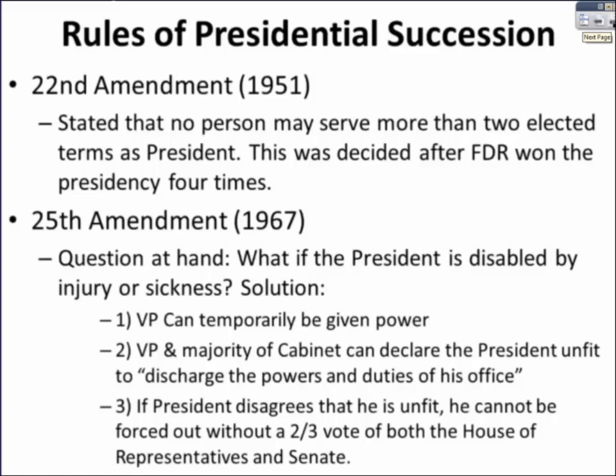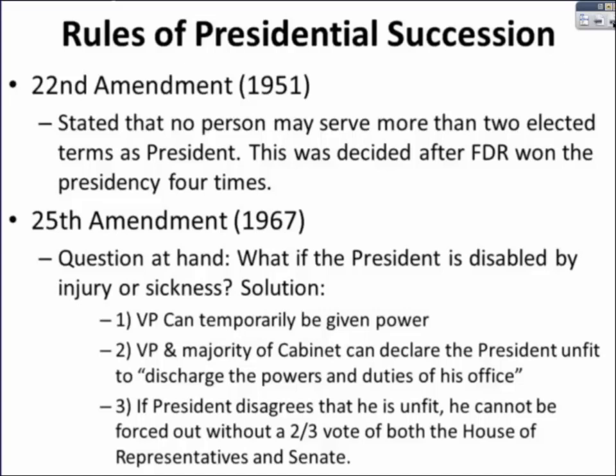The 22nd Amendment stated that no person may serve more than 2 elected terms as president. This was decided after FDR won the presidency 4 times. Also, the 25th Amendment in 1967 said, what if the president is disabled by injury or sickness? The solution is that the vice president can temporarily be given power in the same structure we just looked at, and that the vice president and the majority of the cabinet members can declare that the president is unfit to